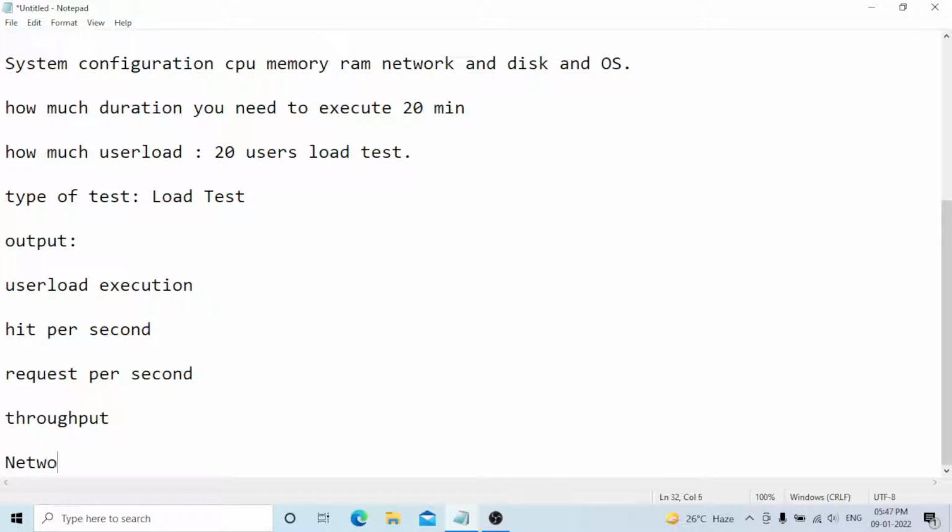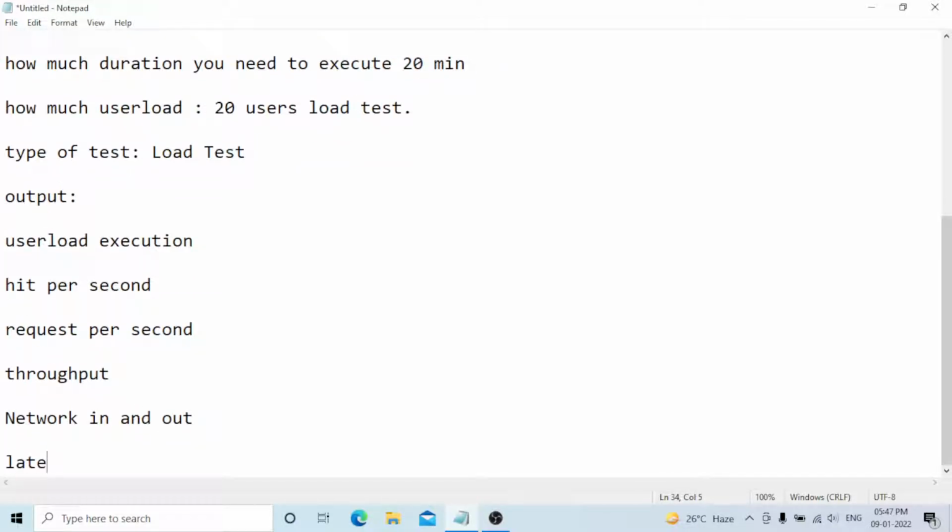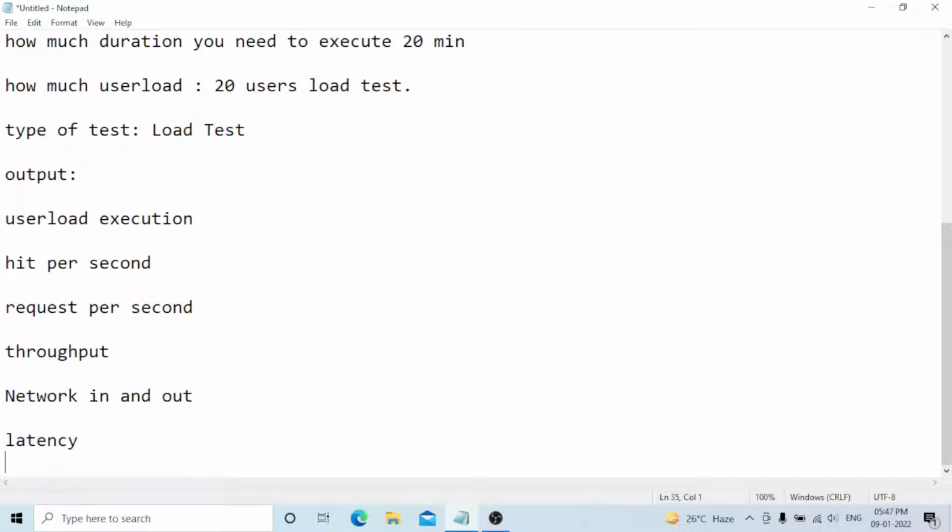After that, network in and out both, and latency, which is very important.